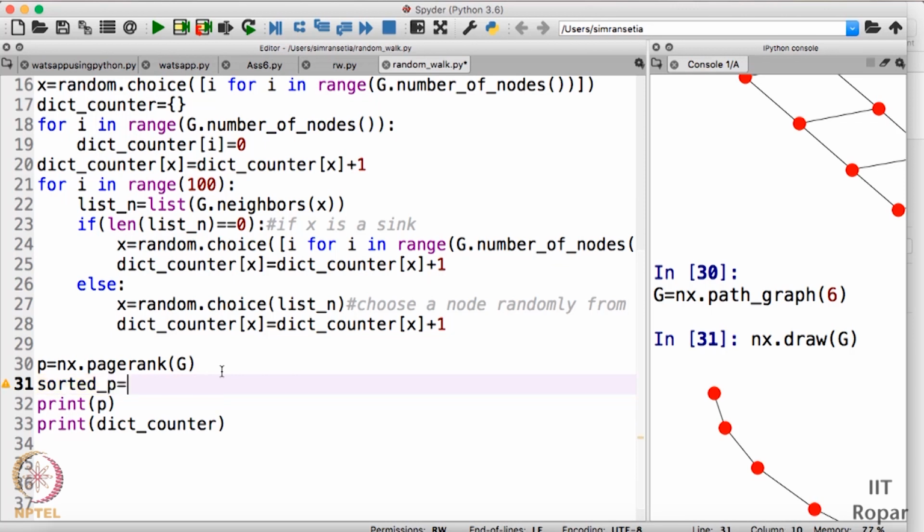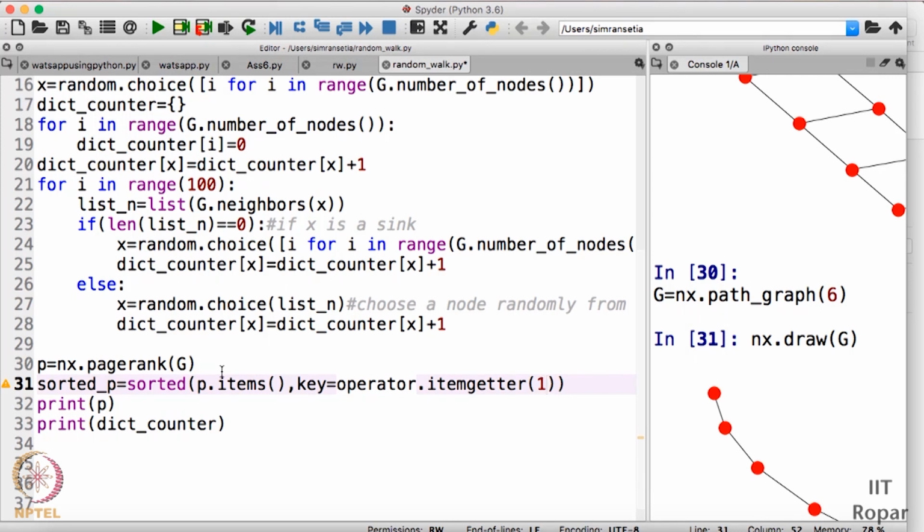First of all, sorted P is equal to sorted, I'll write P dot items, and key is equal to operator dot itemgetter 1. If you pass 1 here, then it will sort based on the values. If you pass 0 here, then it will sort on the basis of the keys.